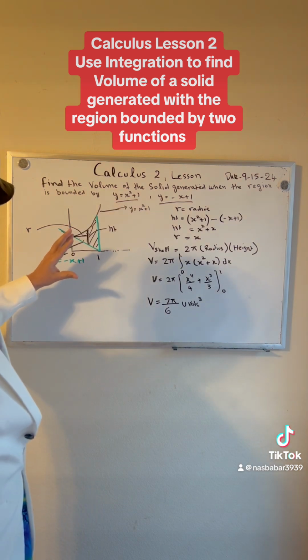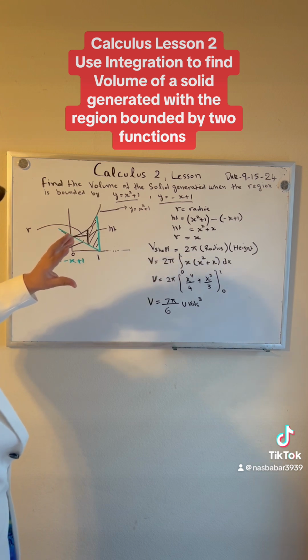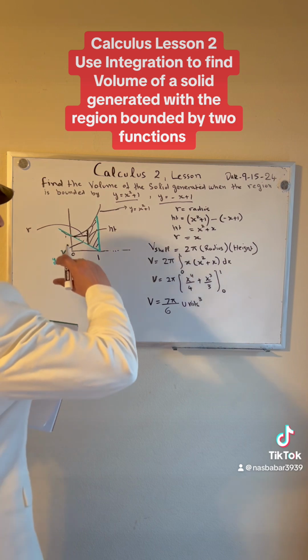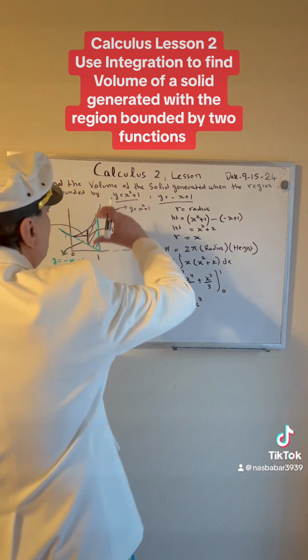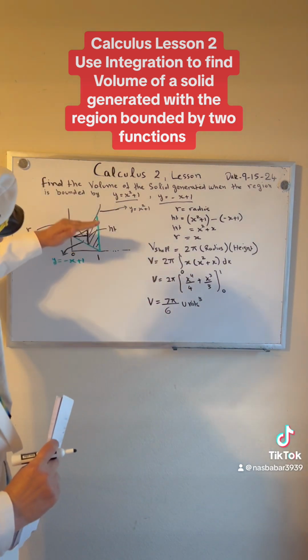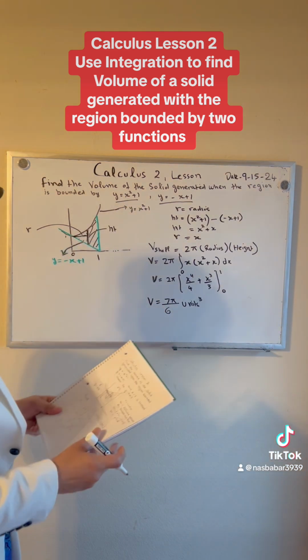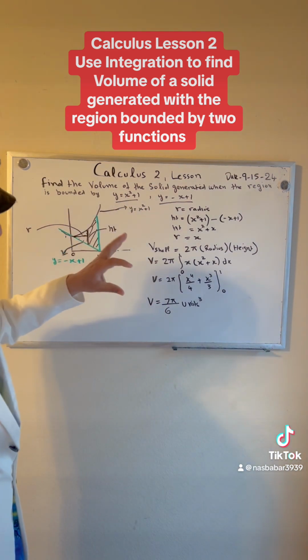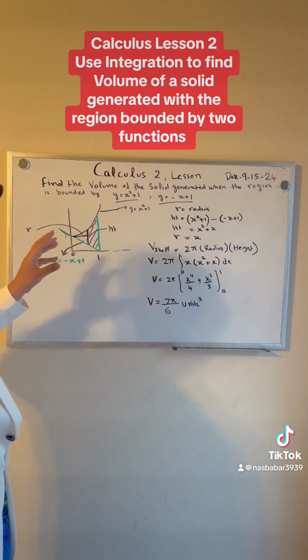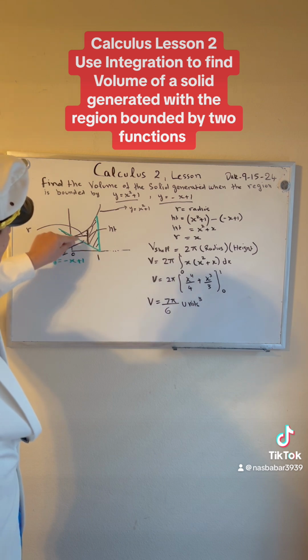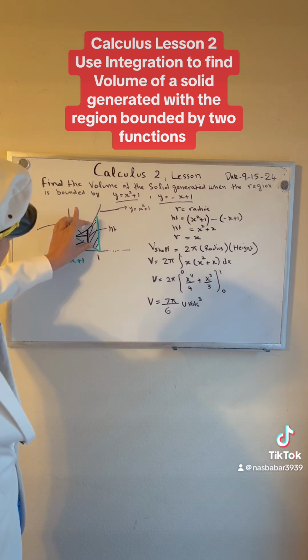Then you imagine that if you rotate this thing around the x-axis, you will see something like a sphere type. And then what they're saying is they need you to find the volume where these two lines intersect, right here,